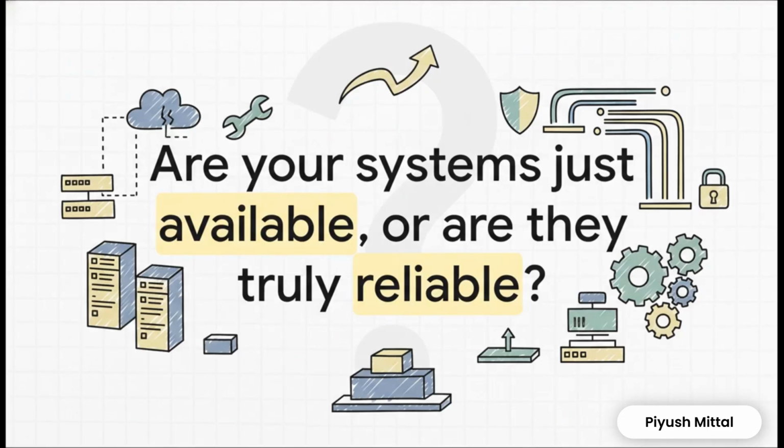So I'll leave you with this thought. The next time you're talking with your team about your systems, I want you to challenge them. Push past just the uptime numbers. Start asking the bigger, more important question. Are our systems just available, or are they truly, deeply reliable for the people who depend on us? That right there, that's the conversation that builds amazing things.